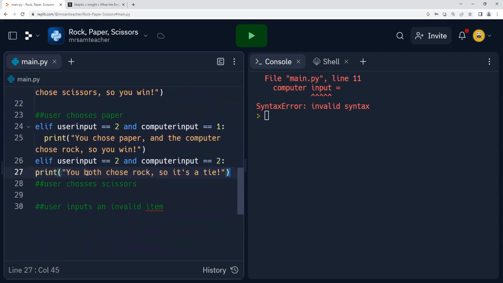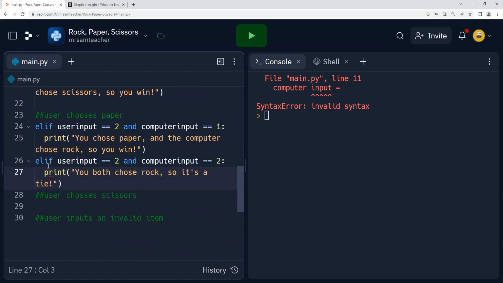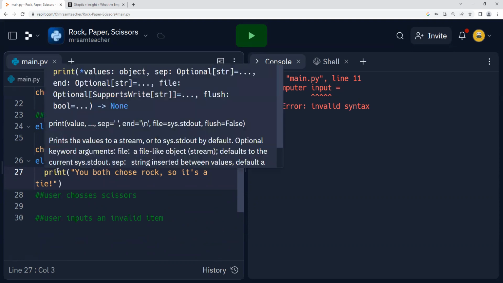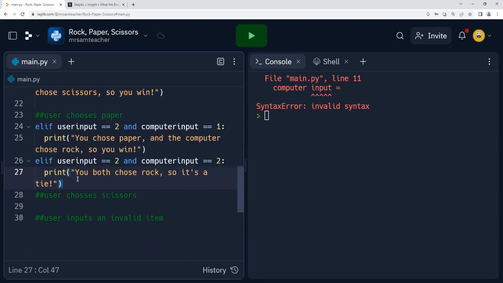Put it right below. Put a little tab, so make sure it's indented. Anything below an elif or if or else statement has to be indented until you get to the next if, elif, or else. Just so you know, there can only be one else because that's going to be the rest of the conditions you never specified, but we'll get to that at the end. So you both chose not rock, you both chose paper. So remember to edit that, and we can go to the next one.